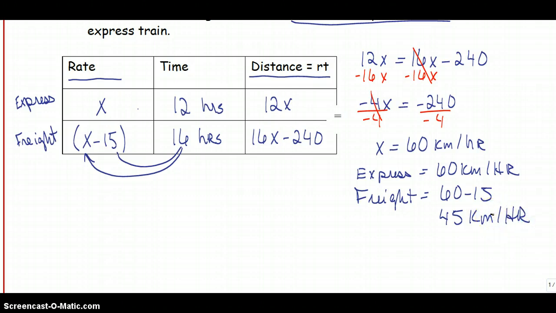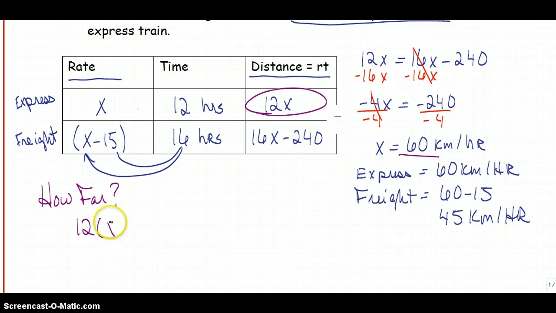Now another thing that you're going to be asked on some of these questions is, well, how far was the trip? How far did these two trains go? How far is just another way to say distance. I'm going to use this one, 12x. What was x? Oh, x was 60. 12 times 60 is equal to